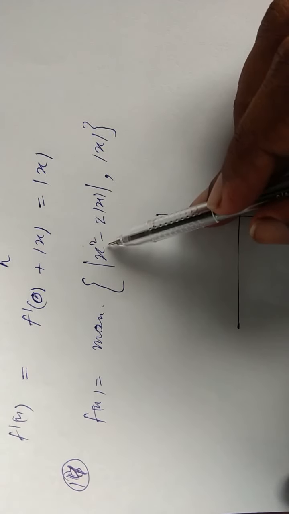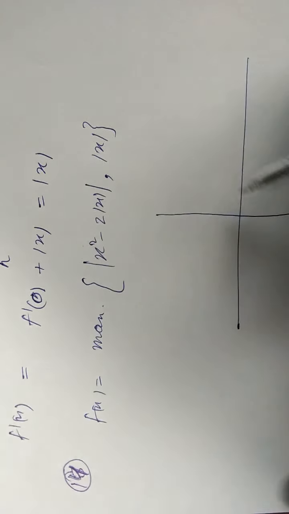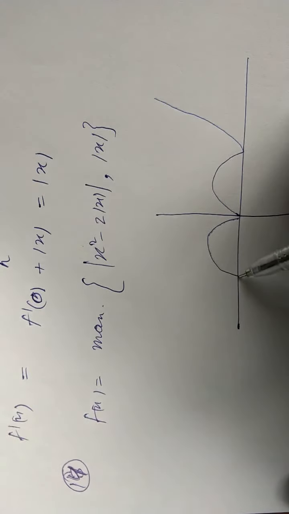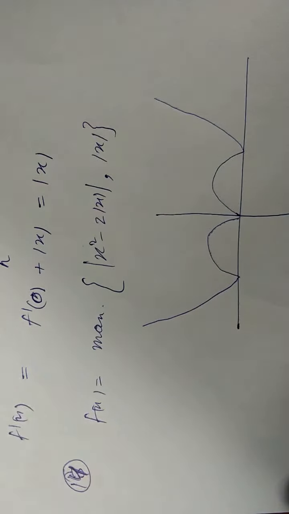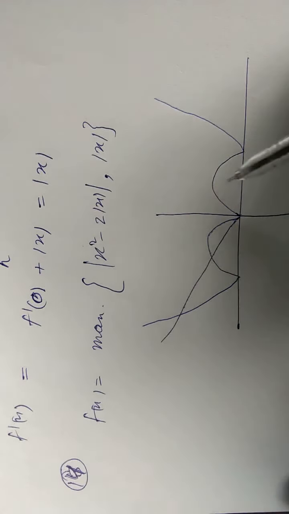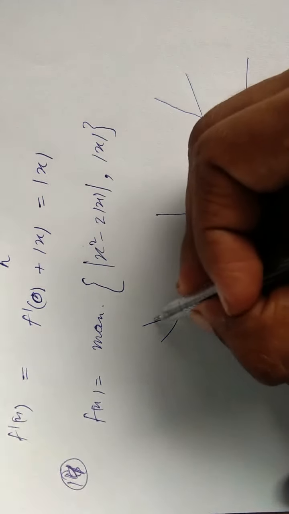For x greater than 0, this is x square minus 2x, and so this will be like this, and for x less than 0, we can take the reflection as this. Okay, and y is equal to mod x will be this graph, and the maximum of these two graphs will be